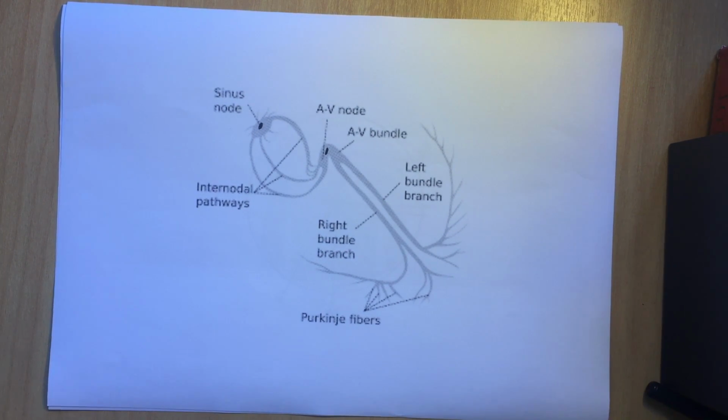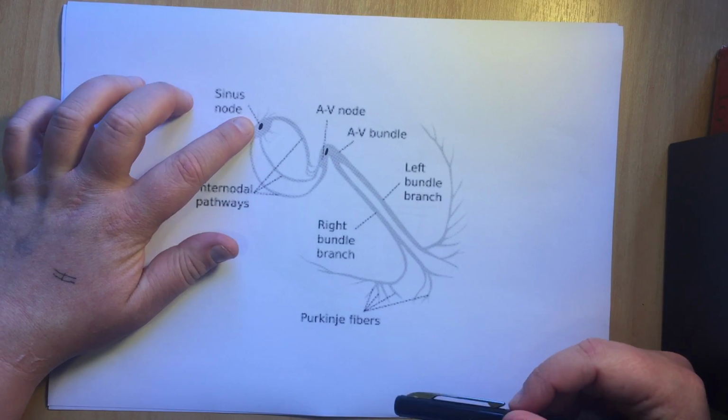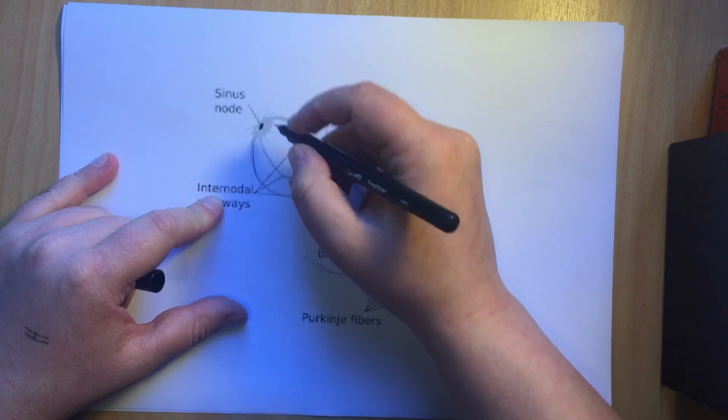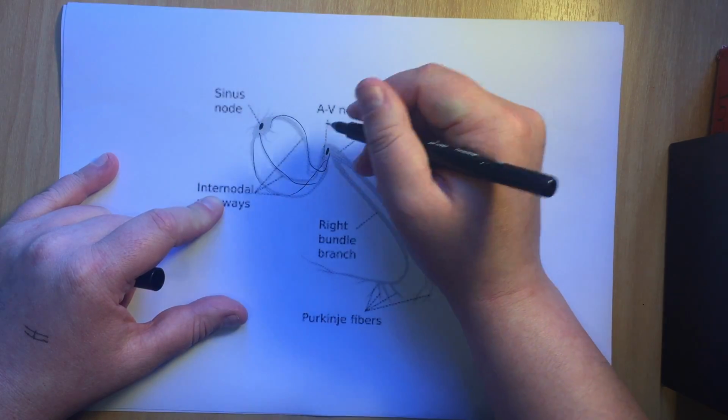So we know that the heart is a muscle that works as a pump, and we know from medical school that the way that it contracts or beats is that there is a pacemaker within the heart muscle, an electrical kind of heart muscle which creates an electrical signal which then spreads through a conduction system within the heart. So we've got the pacemaker normally at the sinus node, and we've got that signal spreading through various pathways